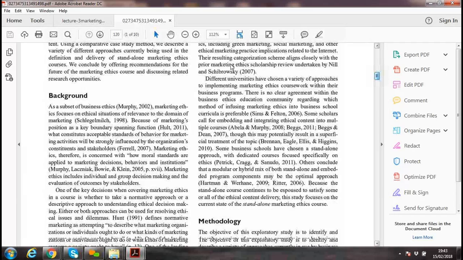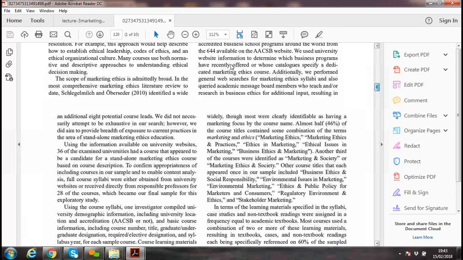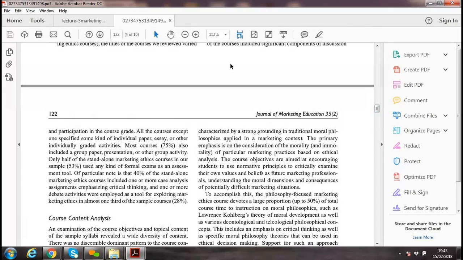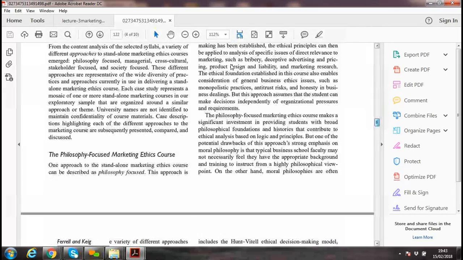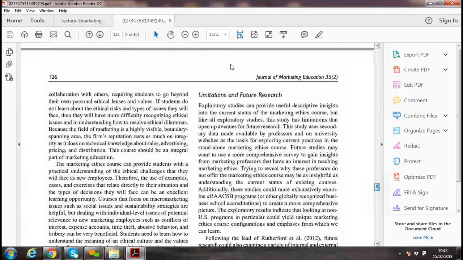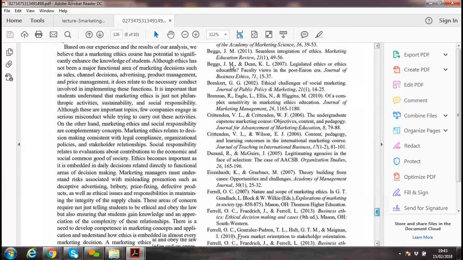It is good to read the abstract of the journal. Don't worry, sometimes reading a journal is harder, but you need to look through it and pick a few things which you can use, especially for the literature. If you read the conclusion of the journal, that gives you really good insight: what happened, what they found in the research, what the ethical issues are, like bribery, social responsibilities,